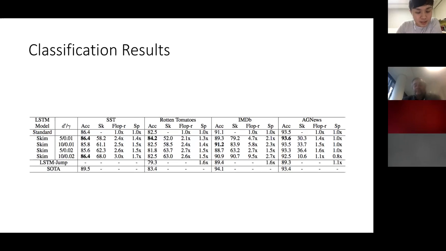So that means we're gaining speed up of 2.4 and 1.4 for the first SST task, for the first row of the skimming. And we see a similar trend in other tasks too. For instance, in Rotten Tomatoes, we're getting 2.1 times reduction in FLOP and 1.3 times boost in speed. So the point is that although the speed up and FLOP reduction is not that large, we're seeing non-trivial speed up and FLOP reduction